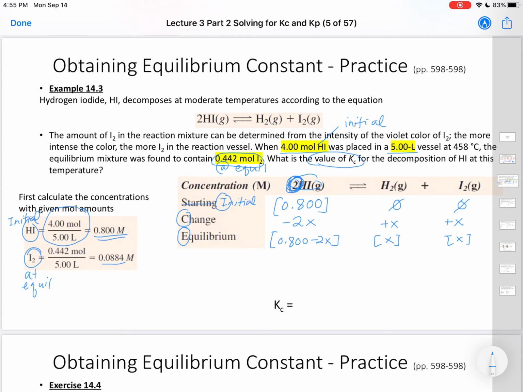But we do know that I2 at equilibrium is 0.0884. So at equilibrium, the I2 is here, x, right? That is equal to 0.0884. So now that we know x, we're just going to plug everything in. So if you have 0.8 minus 2x, and x is 0.0884, then really this comes out to